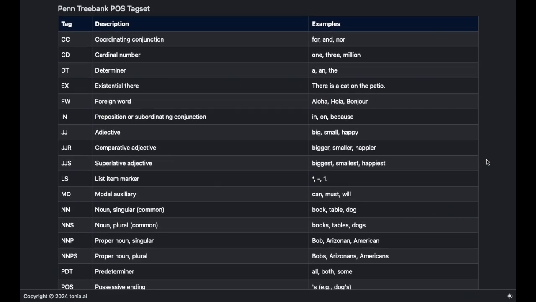A table of all the tags in that tag set is here, and you can see for each row we have the tag, a description of the tag, and just a few examples of words or symbols that fall within that tag. So CC is a coordinating conjunction, and examples that fall in that group are for, and, nor. CD, a cardinal number, with examples 1, 3, million. DT, a determiner, examples a and the, and so on. As we scroll down further,